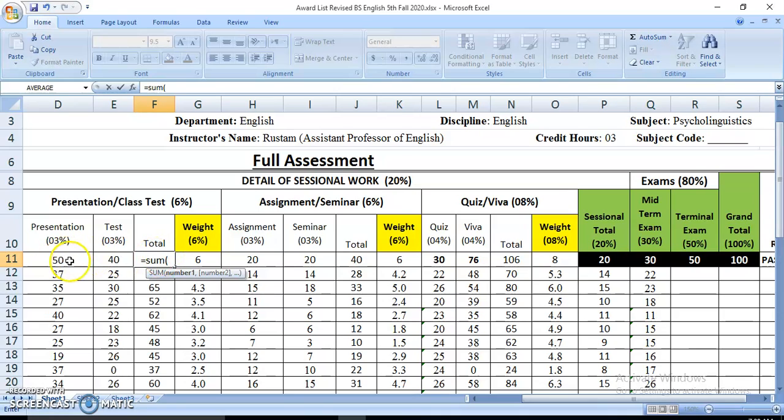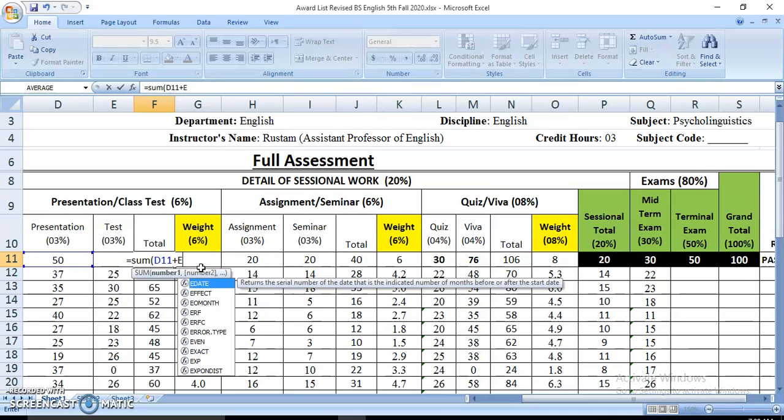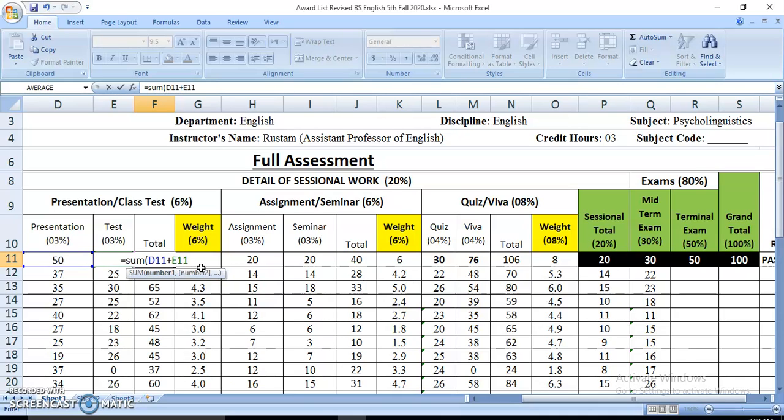Now you have to sum cell D and cell E in row number 11, so D11 plus E11, then close the bracket. After entering all this, hit the enter key.